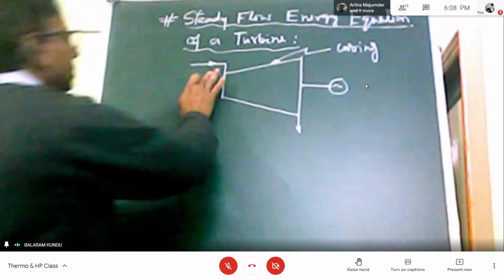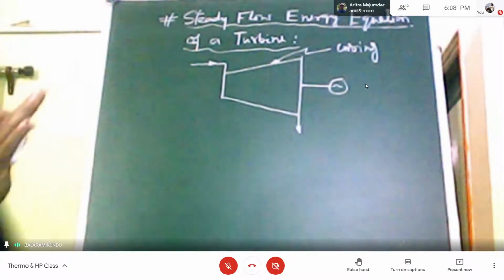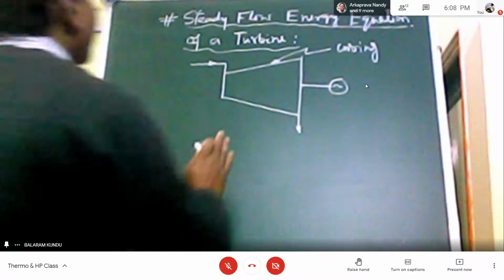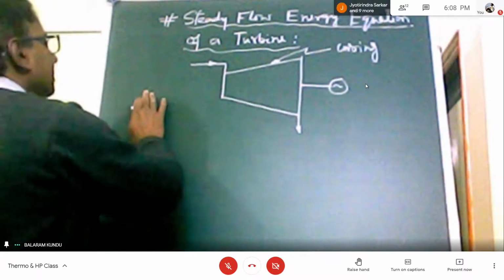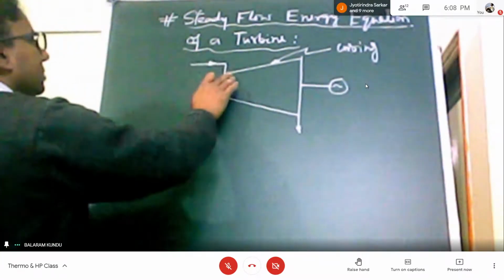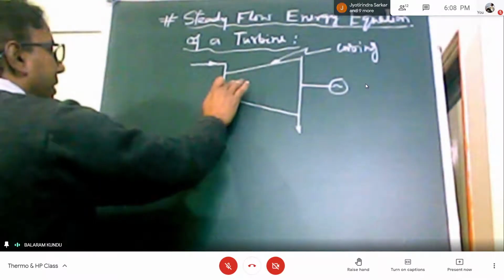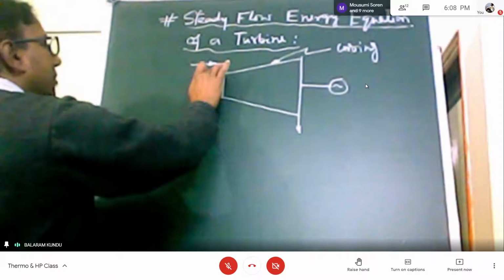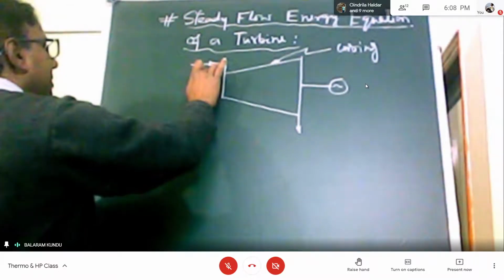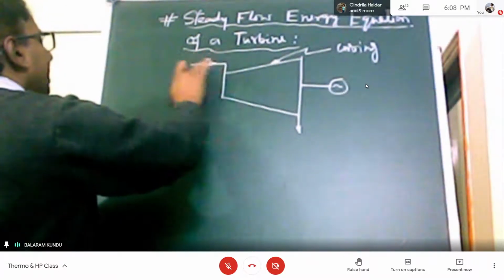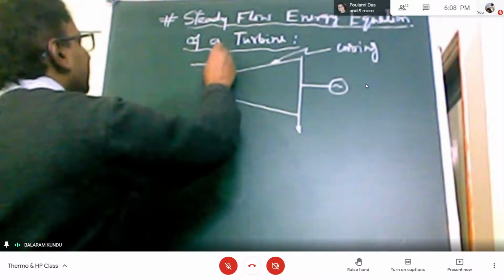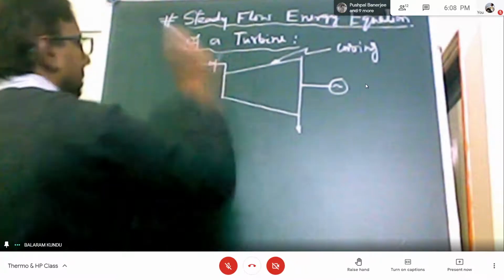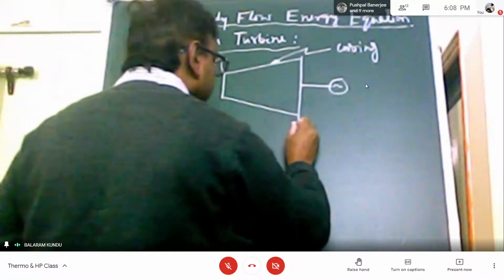If we consider a steam turbine, obviously the working fluid is steam, and steam is generated in the boiler, and that steam enters the turbine as shown in the figure here. This is the inlet section of the turbine, and the pressure of the steam is very high. That pressure is the boiler pressure. Say P1 is the pressure here, or you can say this is state point 1, and another state point here is 2.